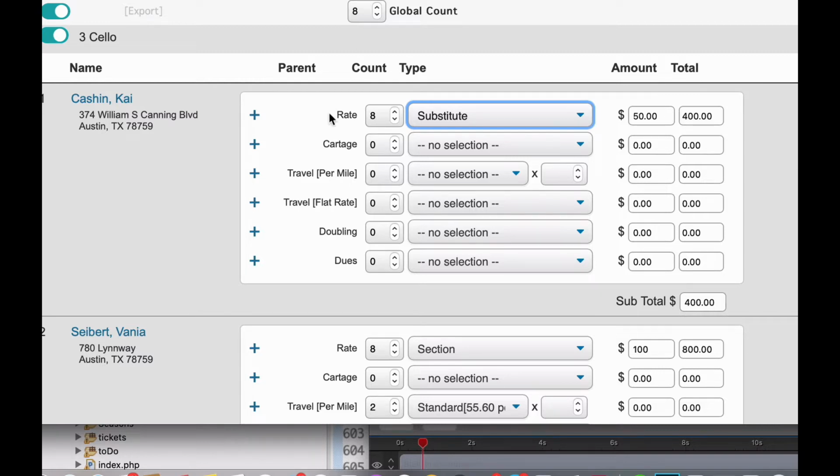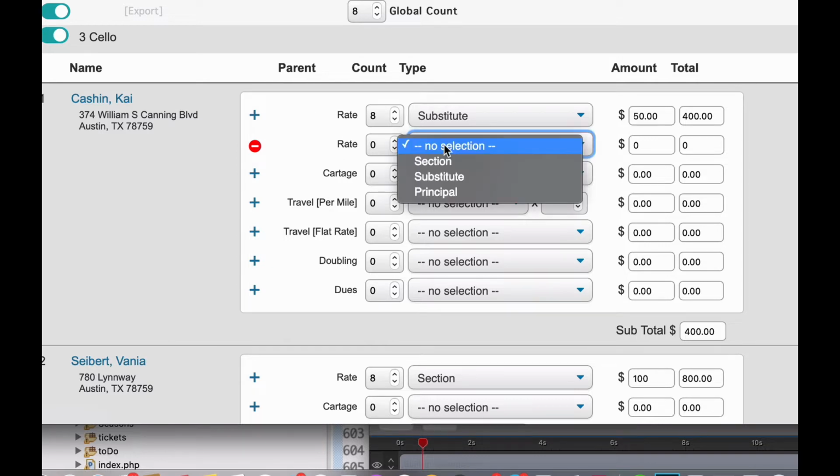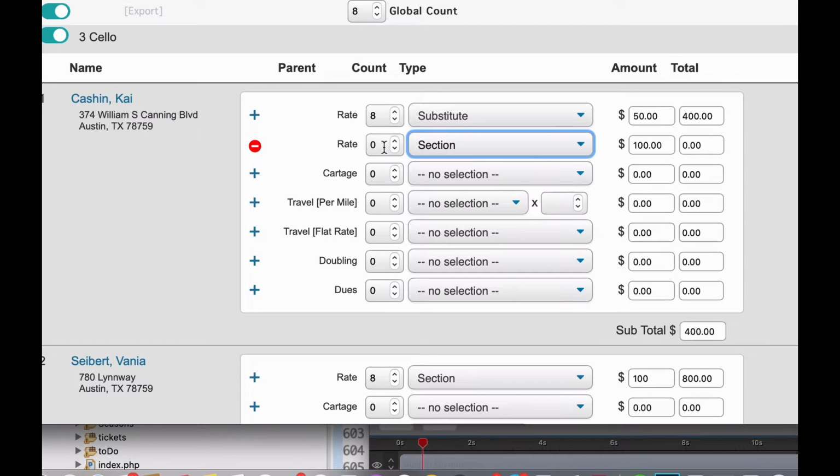No problem. If you notice at the left-hand side, you'll see all these plus signs. What that does is it adds another type of whatever it's next to. So in this case, it was next to rate, so we add another rate. So now we select section. That was one of the services. We need to change this to 7. And so now you notice that he's getting paid 1 service at section rate, $100, 7 services at a sub